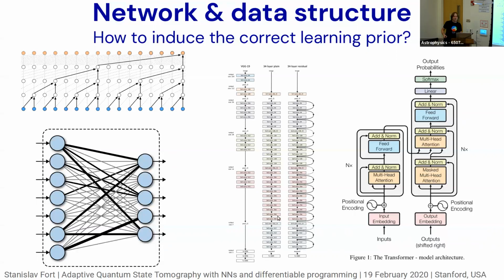Good. Okay. So it's the most useful when you actually have no idea about your data. But if you actually have some knowledge about your data, it's good to imprint the structure of your knowledge into the neural network architecture, or the graph, the computational graph, as people call it, of what you're doing. So this is an example of a network called WaveNet.